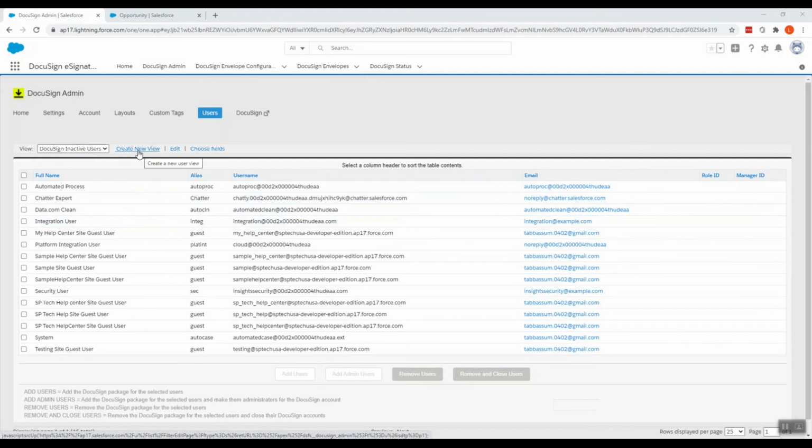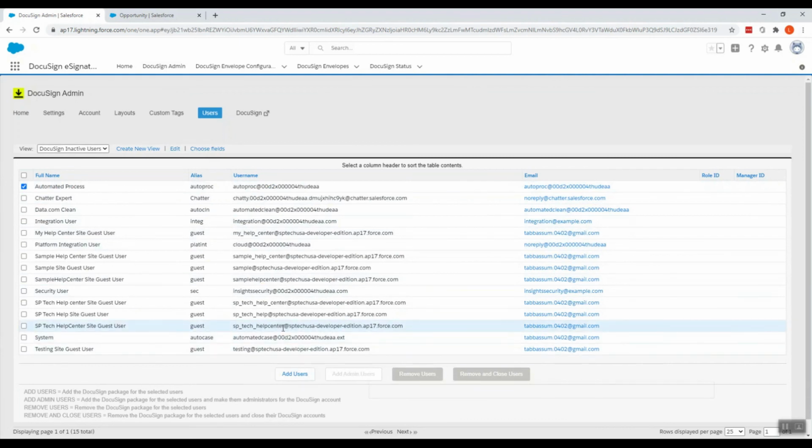We can create a new view by selecting this, and we can also edit the view by selecting this. We can choose the fields. Fields are the columns displayed over here. We can select any of the inactive users, or we can click on this top checkbox and then click add users, and it would add all the users. You can click add users or add as admin users.